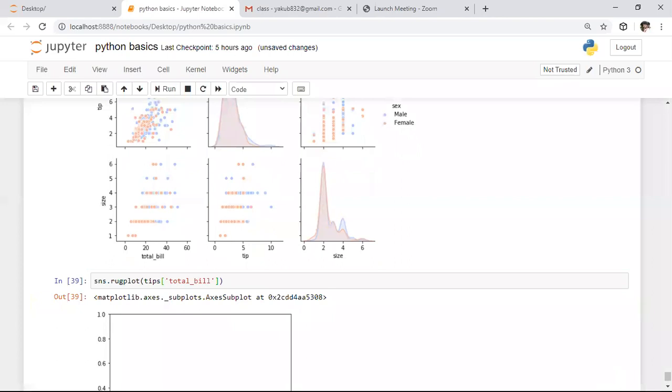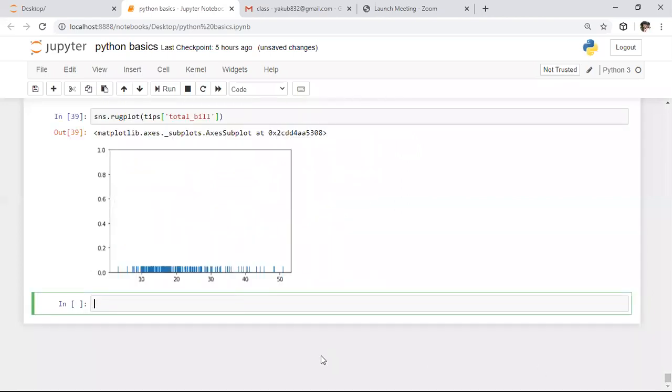So here is the regplot. If you observe this regplot, wherever you see the maximum intensity, that much amount was paid by the maximum number of people. By using this regplot, we can visualize this kind of data. Whenever we see the maximum intensity of a specific color, on that amount most of the guys paid. For that purpose, we need to use this regplot.